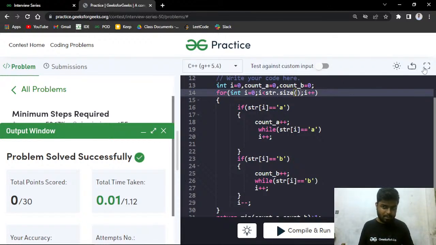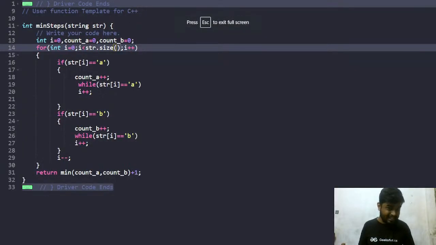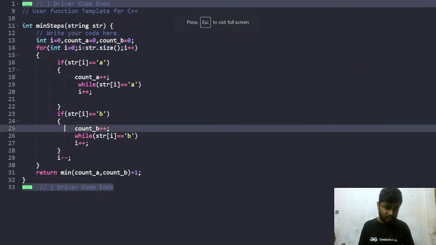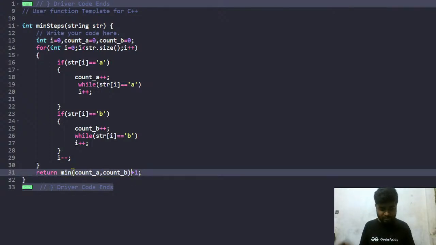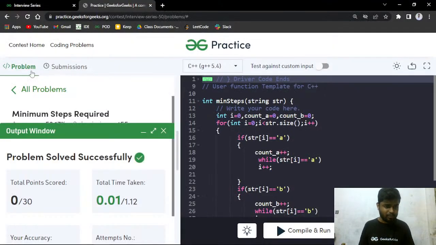Can we move to the next problem after this? If everyone is clear, you basically count the number of consecutive segments of A, the number of consecutive segments of B, and first of all you will try to remove that particular segment which is minimum, right? So that all the other characters, all the segments come together, and after that you will try to remove the minimum segment. Whichever character out of A and B is having the minimum number of segments, and then the other characters will come together, and one more step for that. So that's how you can minimize it, right? So let's try and move to the next problem now.